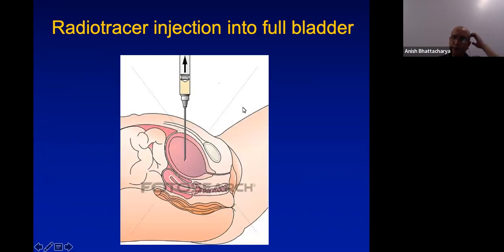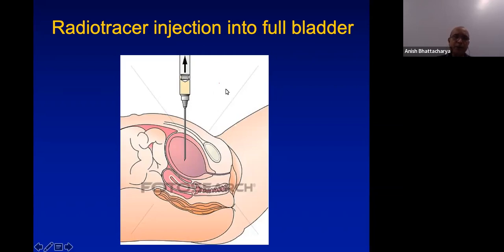You ask the patient to drink water till the bladder is full. You palpate. Those who are very thin can do an ultrasound examination to check whether the bladder is full, but usually it's not very difficult, especially in young children where the abdominal wall is not very fat. So once you've palpated, you take a routine ordinary syringe with a 1.5-inch needle, ordinary hypodermic needle, usually of a 22 or a 21 gauge. You take the radiotracer, that's a non-absorbable, something like technetium sulfur colloid,